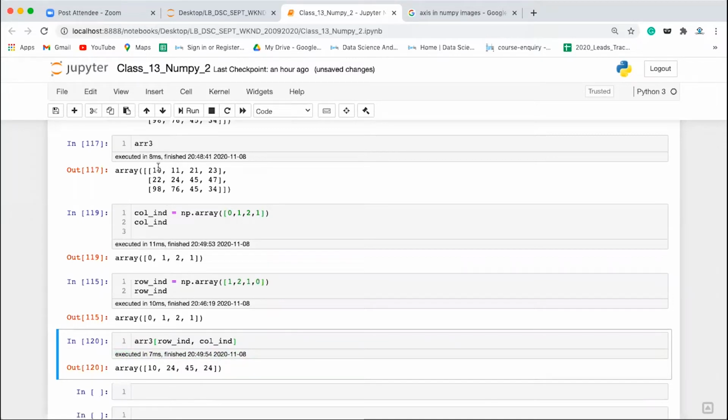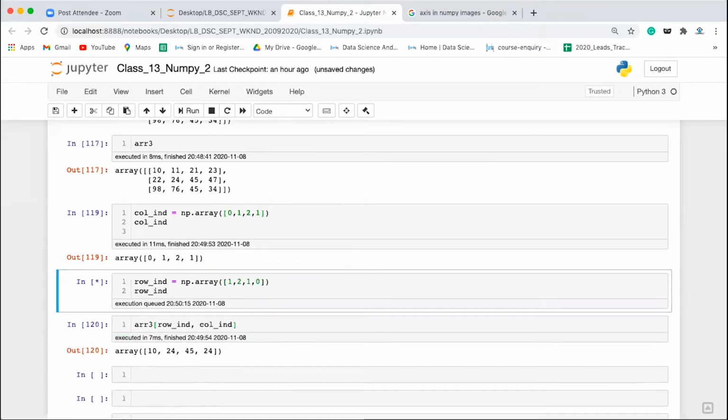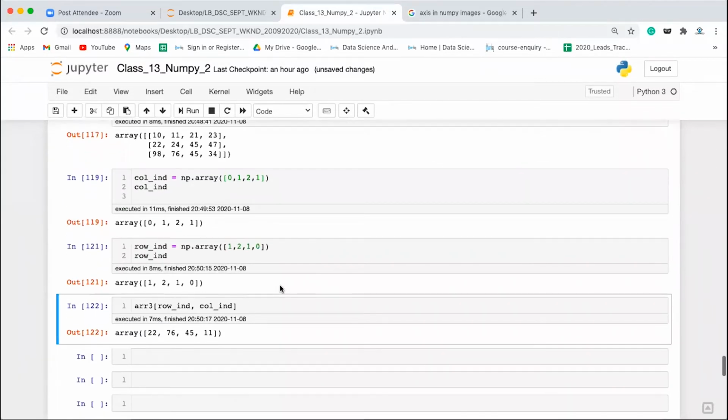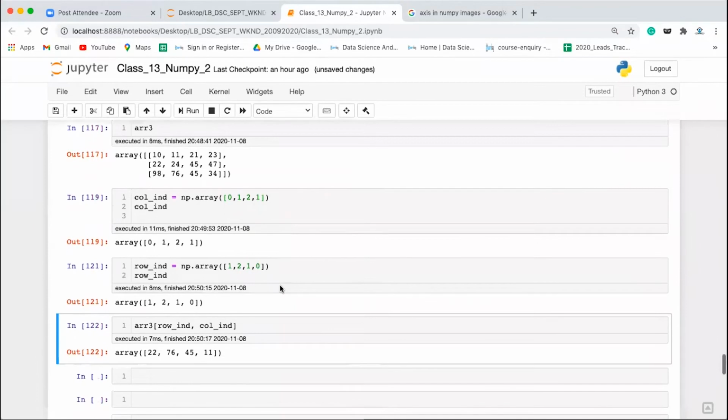Row indexes. First of all, row index is 1. Abhishek, 115 you didn't run. 115 you didn't execute. Okay, now we are getting correct: 22, 76, 45, and 11. Okay, fine. Clear, guys? So this is another way of indexing. The other way of indexing is